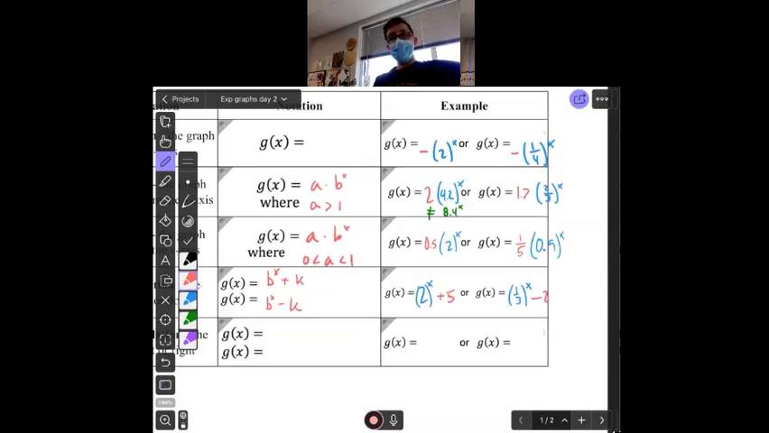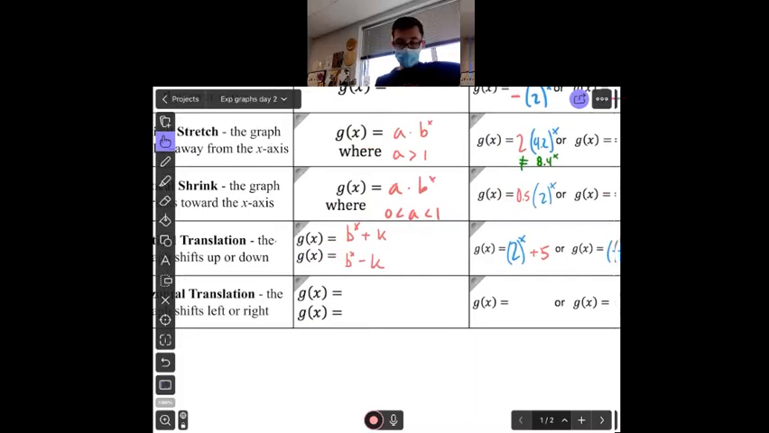Like for me, probably the strangest one is the horizontal shifts. Horizontal shifts happen in the function, right? We put them in the parentheses. They were under the radical. The function is the exponent. That's where the x is, up in the exponent. So when you see this b to the x minus h,